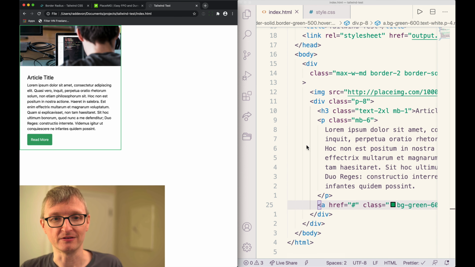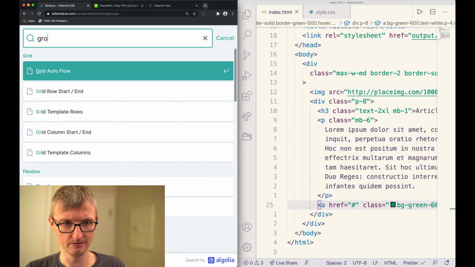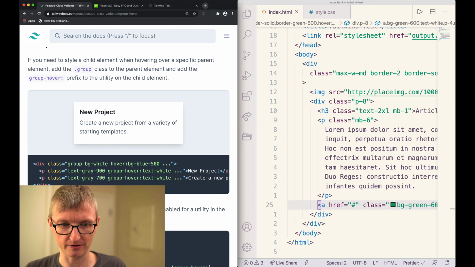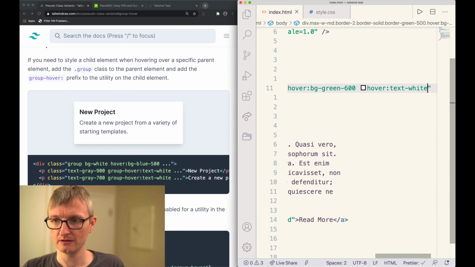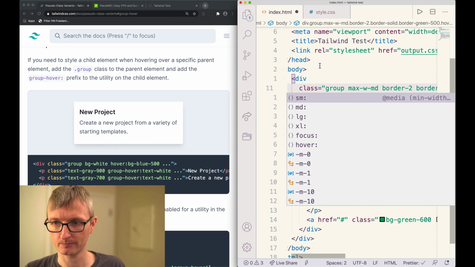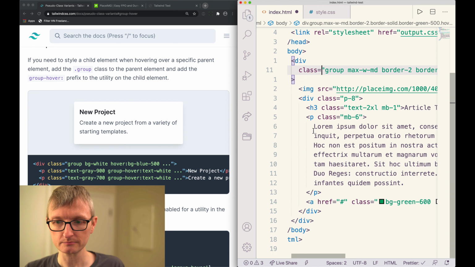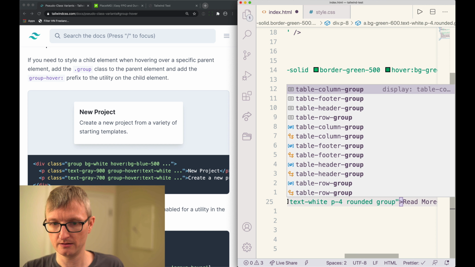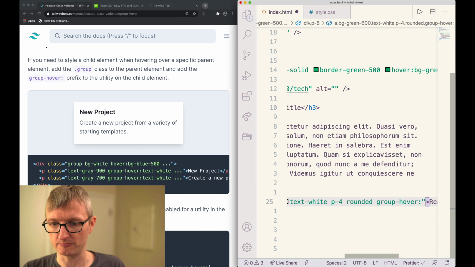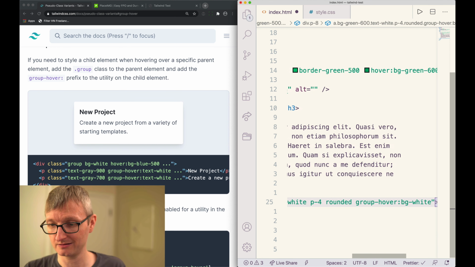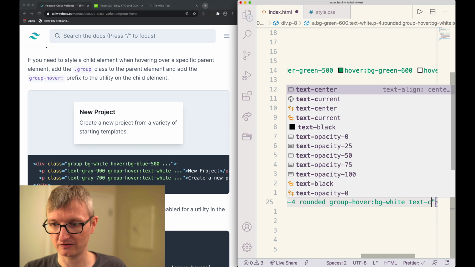At this point, I probably do need a group. Group hover is really what I'm trying to do here. Let's give this div, this outer div, the group class. And then down here on my button, group hover. And what I would want is the background maybe just white, and then the text